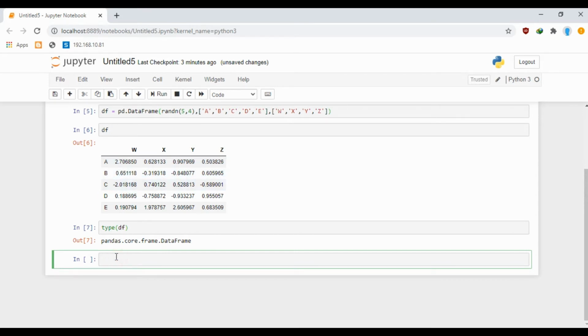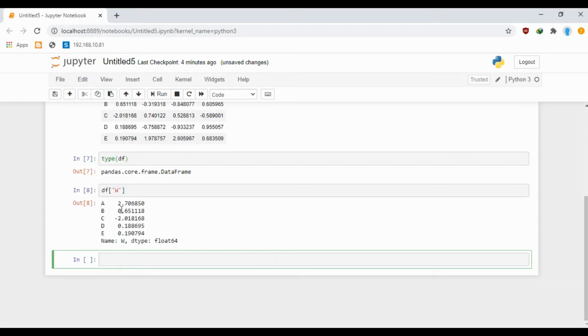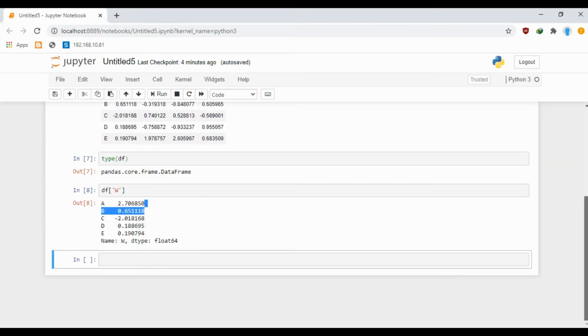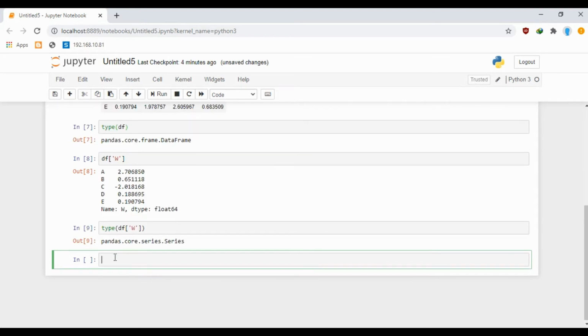Now let's take a look at how we can index and select elements from a data frame. Type in the variable of the data frame and just type in the column name. You can see that it returned all the elements from the column W. Now if I want to see the type of this particular column, you can see that it is basically a series.